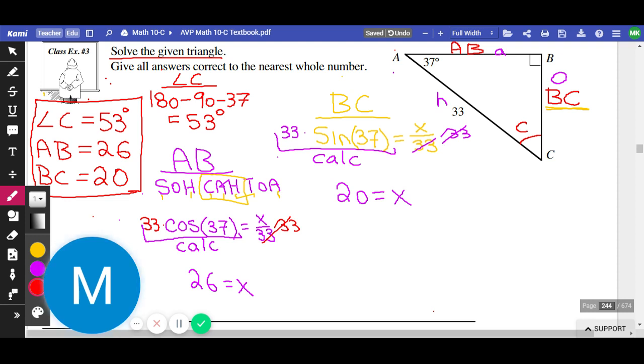Any questions about that? There's another question where it says solve the triangle too. If you want to do it, you can. I'm going to hand out your